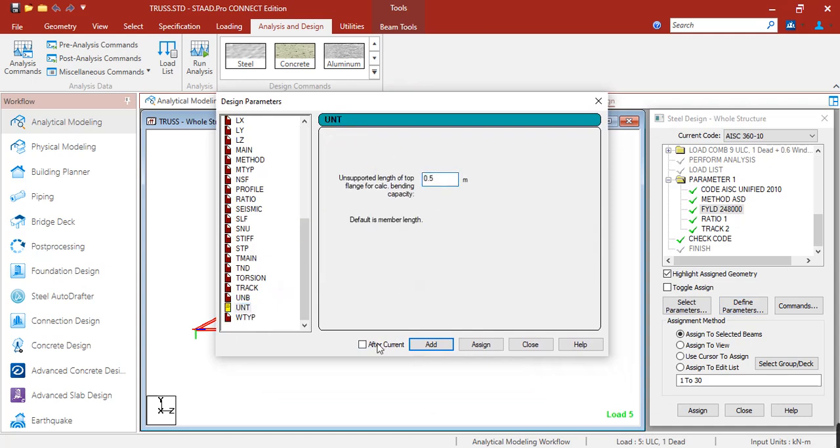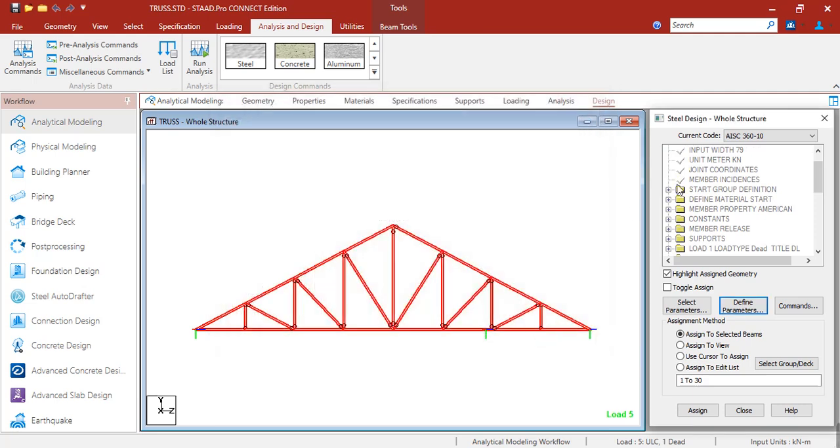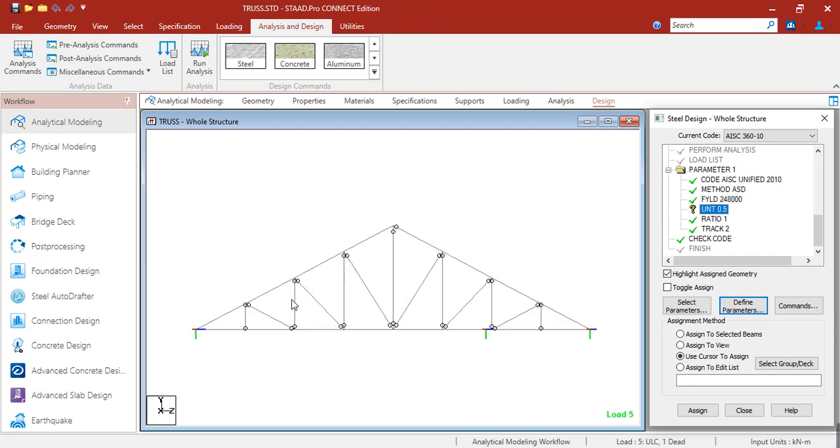the purlins. So here, click add after current, because if you don't check the after current, it will add a different parameter. So for UNT, select the top chords, then assign to selected beams. Okay. For the FY or LYLZ, so LZ is as is 1. For FY,